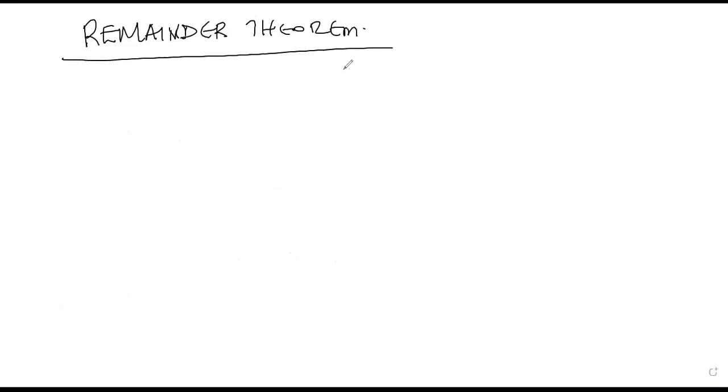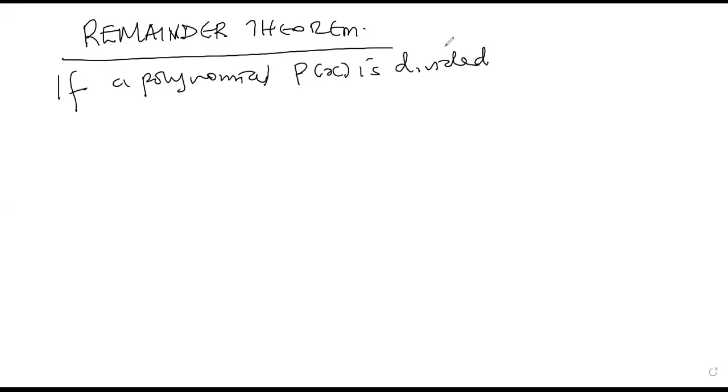Here is where your eyes have to be open if they are a bit closed. Remainder theorem. If it's a theorem, the theorem is proved by doing examples. So we say, basically, I want to bring out something easy. Since a polynomial can be any function, let me call it f of x or p of x. If a polynomial p of x is divided by x minus a, the polynomial is p of x. So if you divide it by x minus a, the quotient,